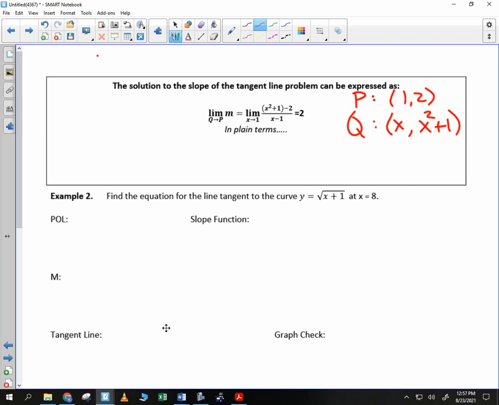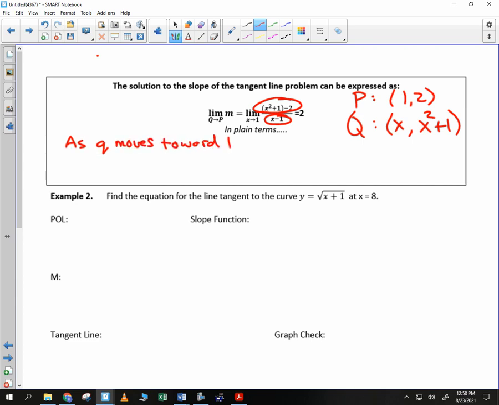So instead of continuing to plug in numbers, let's just look at this. If you had y sub 2 minus y sub 1, that's the top piece, right? And on the bottom, you would have x sub 2 minus x sub 1. That's the bottom piece. And really what it means, in plain terms, is this: